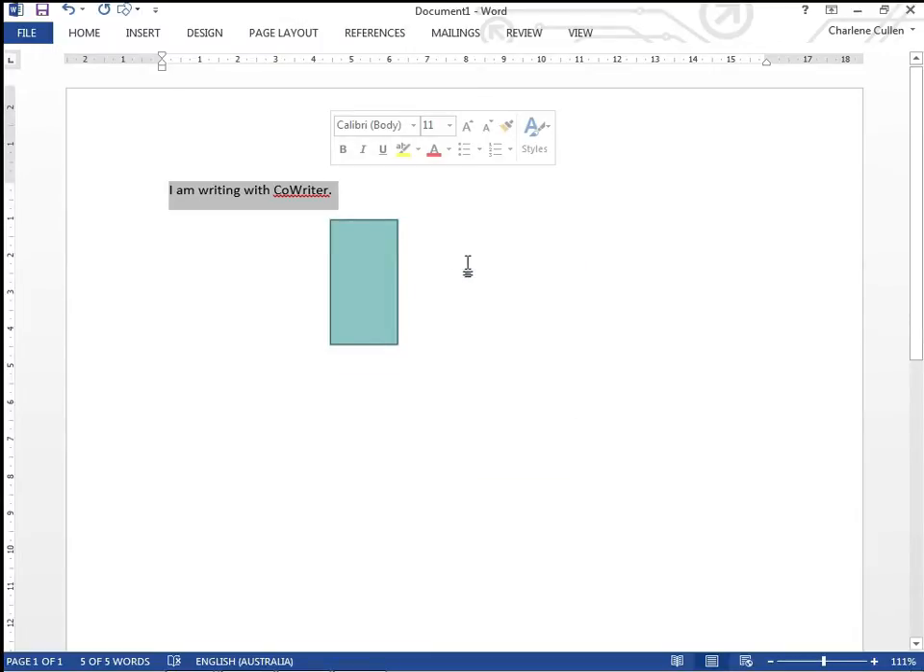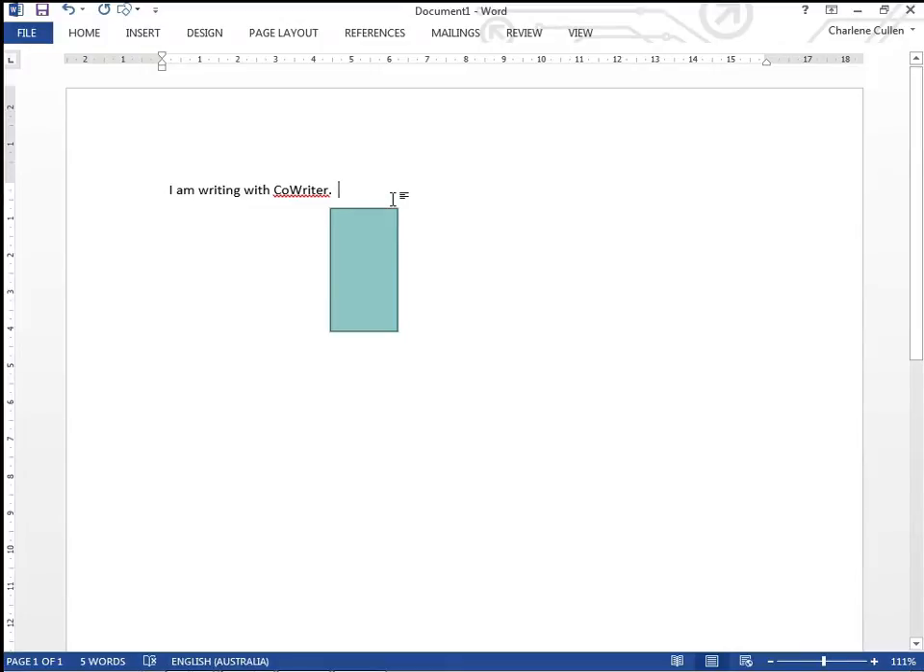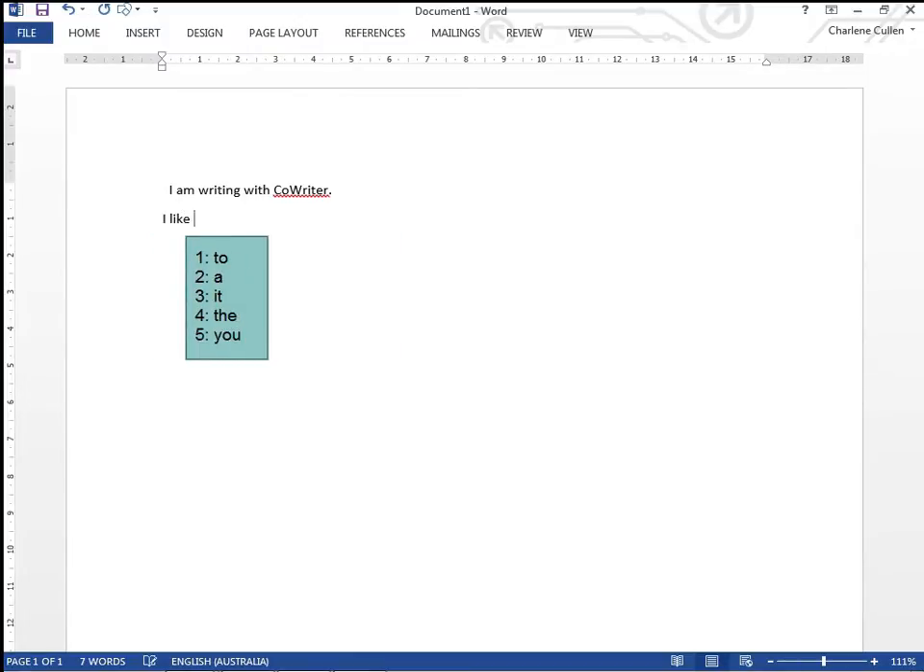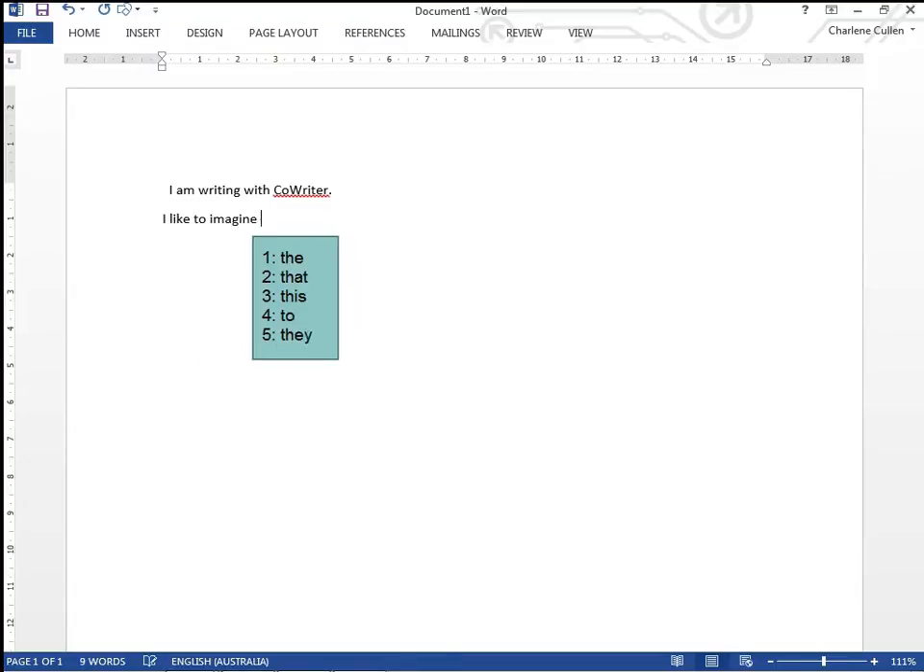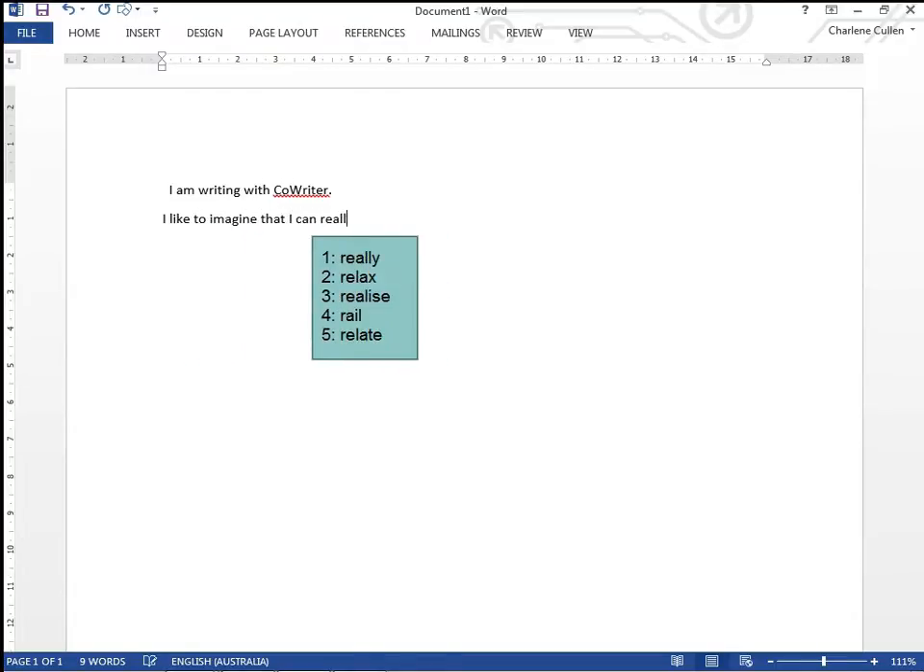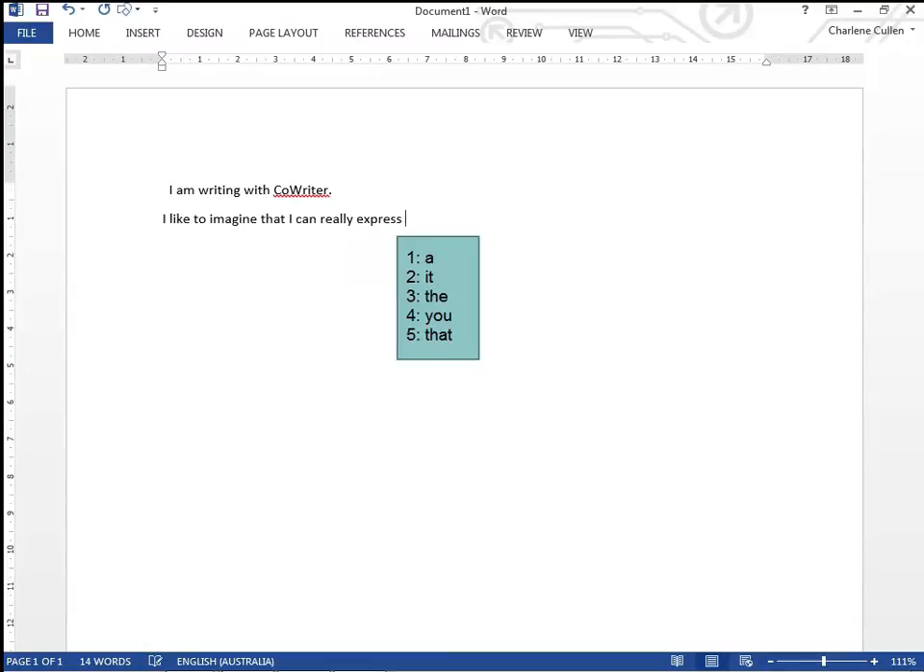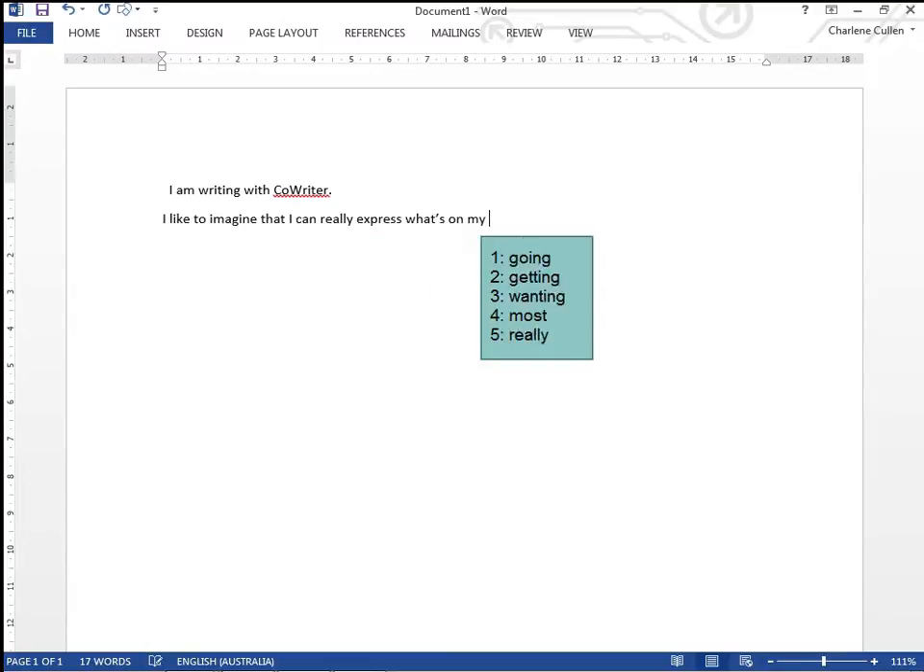Okay. Now there's some other things with the word prediction. What happens is when you have typed something a few times, it's going to predict according to that and has learned your words and your vocabulary style. So I can write something: I like to imagine that I can really express what's on my mind. Okay, now if I start typing that again,